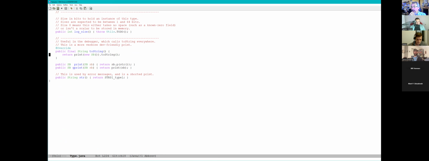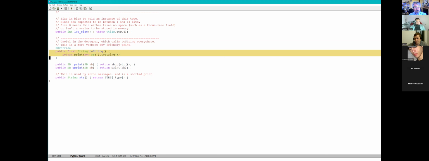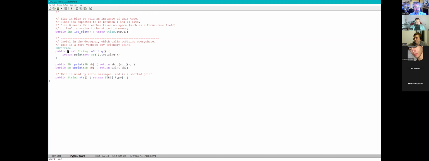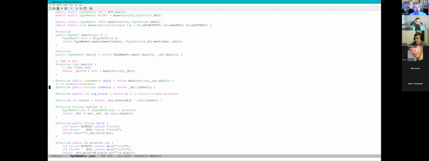So I have a cyclic data structure, and this is a typing structure. It has integers and floats and pointers to structs, which have fields, which have any scalar value, which could be a pointer to a struct. It could be itself, because you might be pointing to a struct, pointing to a struct, ad infinitum. It's actually a struct pointing directly to itself, cyclic. So if you call toString recursively, you'll notice I have final on this toString because I'm breaking the bug. But if I don't have final and I just call toString on a type mem pointer here,